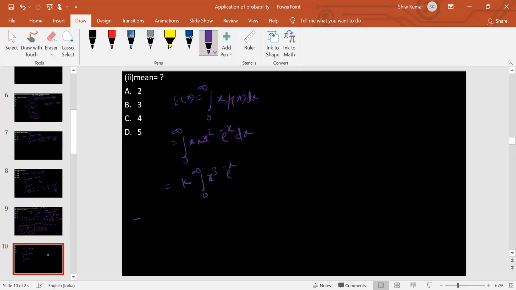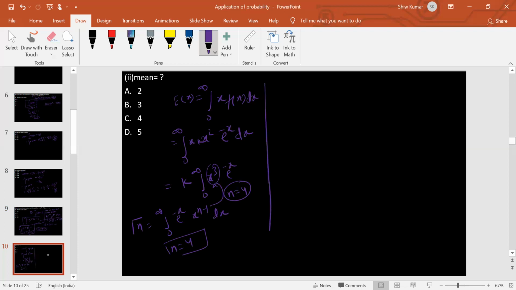Now we have gamma of n given as the integral from 0 to infinity of x to the power n minus 1 e raised to minus x dx. Now what should I take as the value of n so that this will be converted to x cube? So n must be equal to 4. I can say that this whole integration